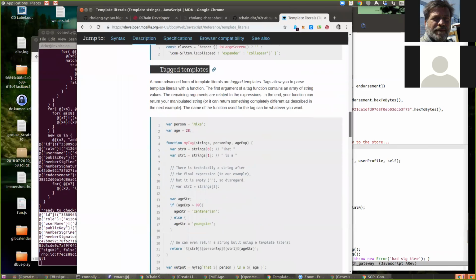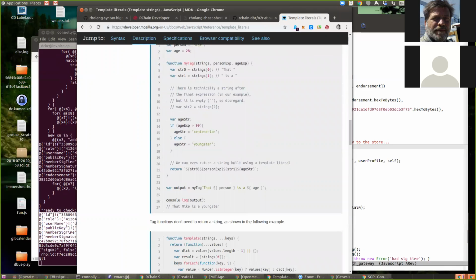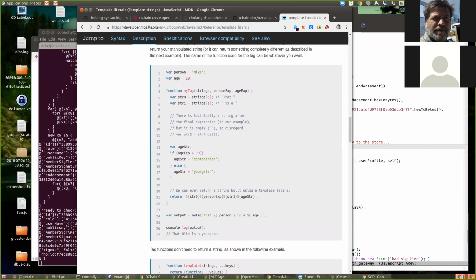So tag templates. You can basically put these tags on the front of back quoted strings. And what that does is this function gets called with the string pieces and the expression pieces evaluated. So the string pieces go here and the expressions go in the rest of the arguments.